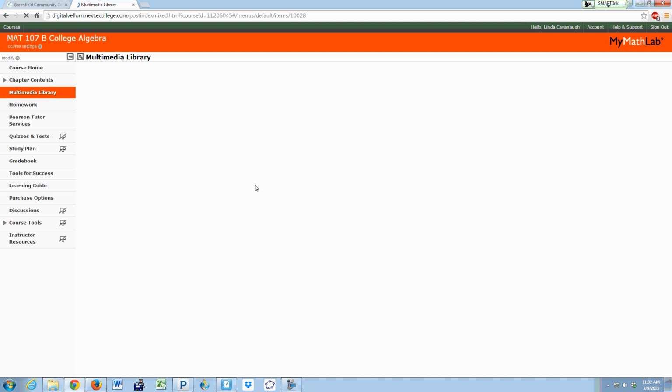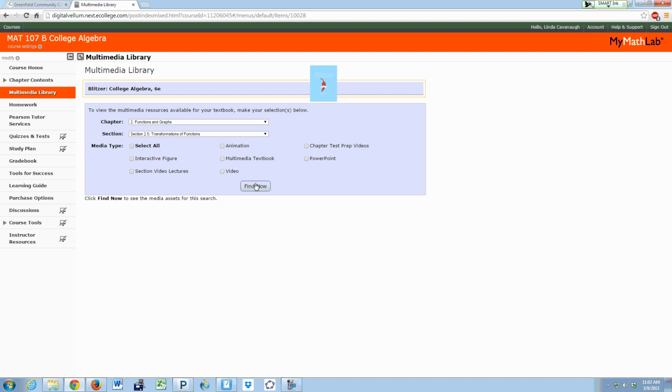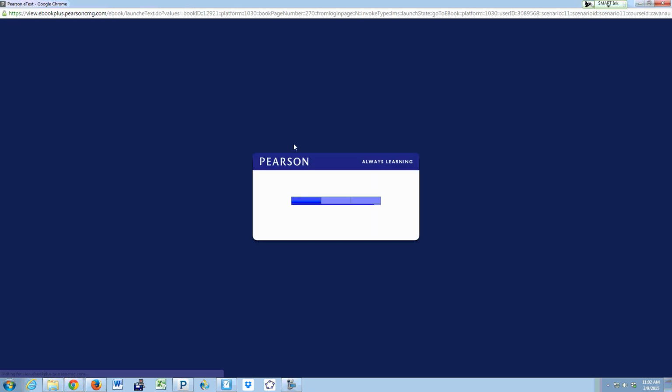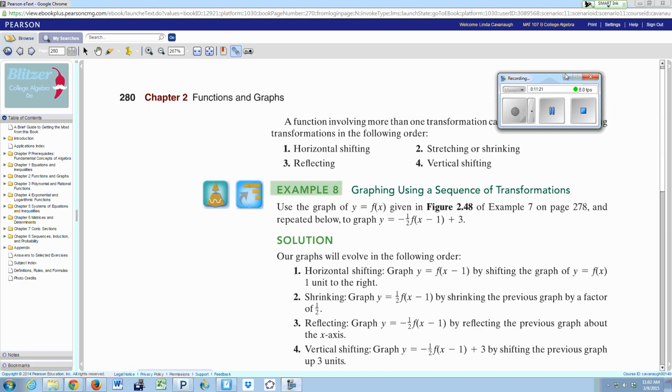Oh, I didn't tell it what to find. Multimedia textbook, thank you. And here's a section, and I want page 280, and I think it's going to open up on 279. Let's see. Okay, so your book,